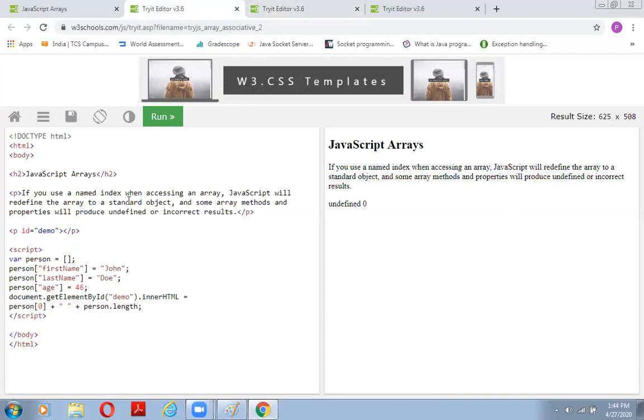If you use a named index when accessing an array, JavaScript will redefine the array to a standard object. Some array methods and properties will produce undefined or incorrect results. How? Let's see. First name is John, last name is Roy, age is 46. Again, we have person 0.